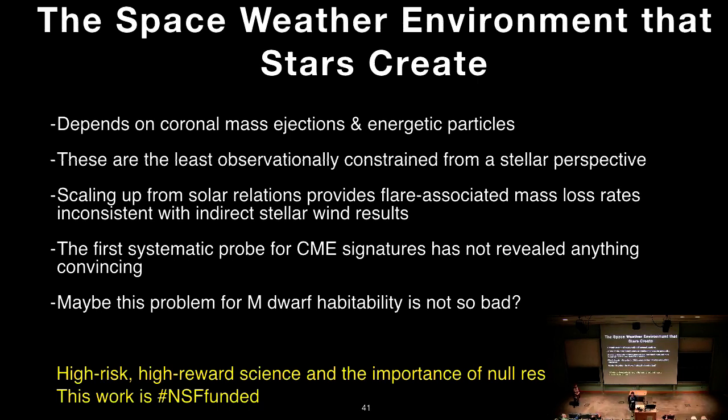But I think there's a hope of getting around that by appealing to big data, right? At this point, we've got a massive archive of 20 years of X-ray observations from both Chandra and XMM, and then numerous other high-energy satellites. So there's a potential there of maybe harnessing big data. If you've got one weird flare that you interpret as a CME, it's a weird flare. But if you've got thousands of flares and tens or hundreds of weird flares that are weird in the same way, then you're starting to make some progress. So I think that's one promising line of attack.